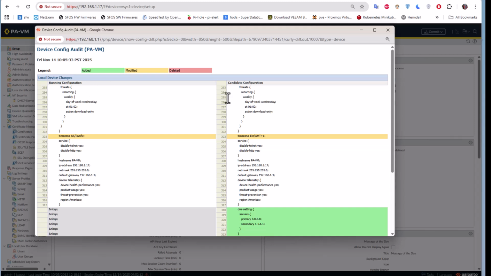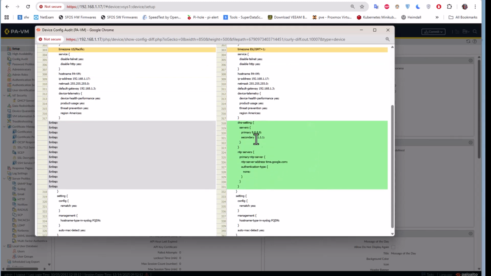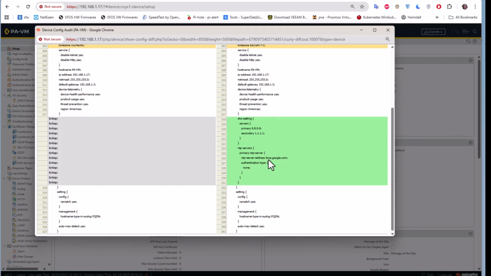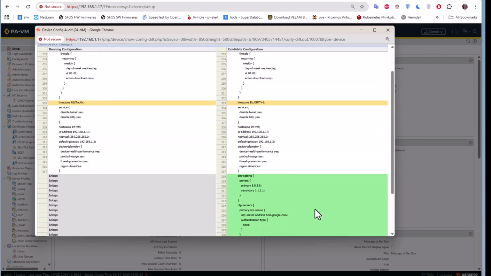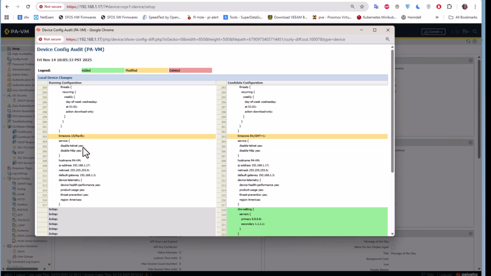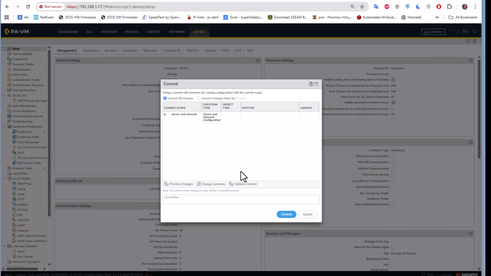Okay, so the things that are on the green are the things that we have actually added to our configuration. So here it's always pretty good to take a look to see the syntax of what we have added. So for example, here you can see the DNS servers that we have actually added, and also the NTP server, and of course everything else that we have changed, like the time zone, as you can see here. Okay, and if you are good with that, you can just hit commit,